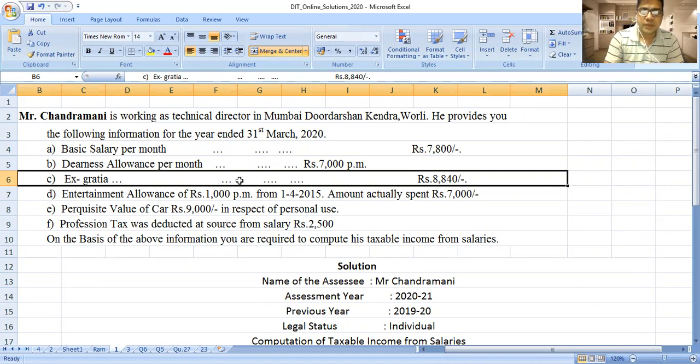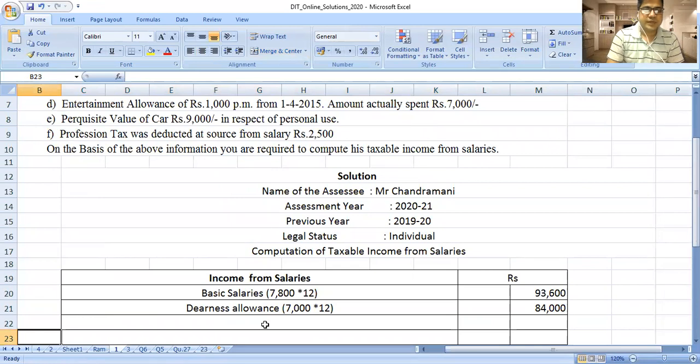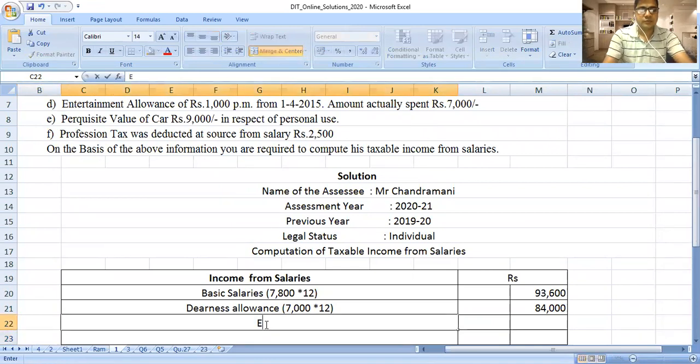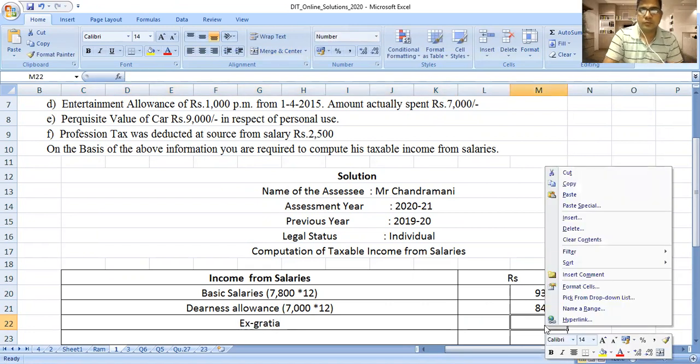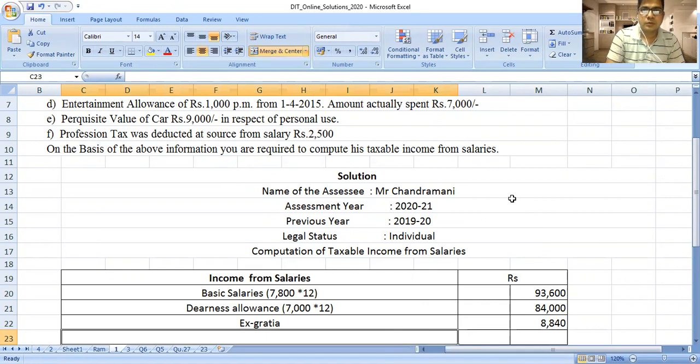Therefore, it is called ex gratia, 8,840, that we have to write in our taxable values. It is not per month, so it is not considered as per month. It is directly we have to put. Okay,